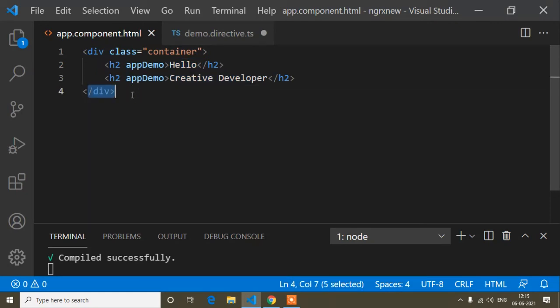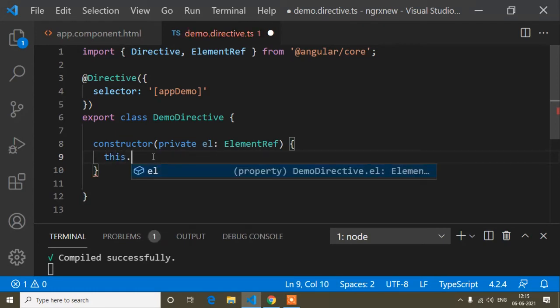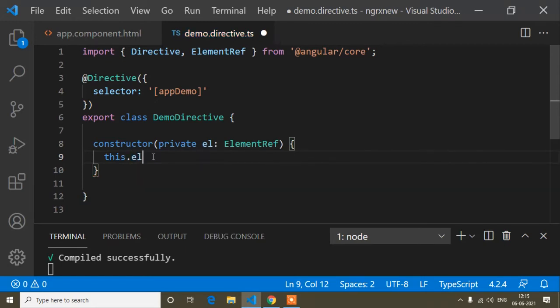After all the lines of code you have written are executed, after that ngOnInit is called. So that means we can say the constructor is called at the time of page load, before ngOnInit. Now here inside this constructor, when the page loads, I will write the functionality. Functionality here means lines of code.